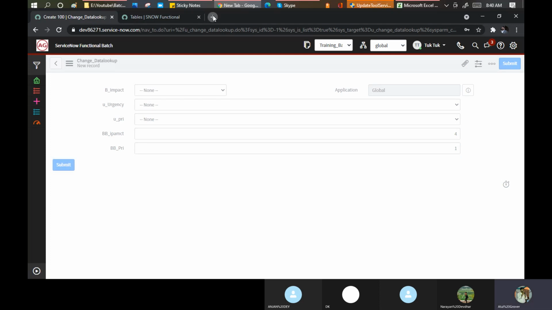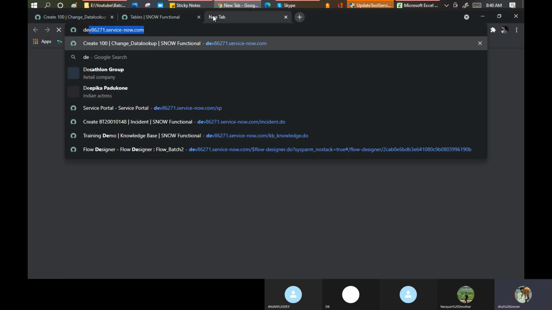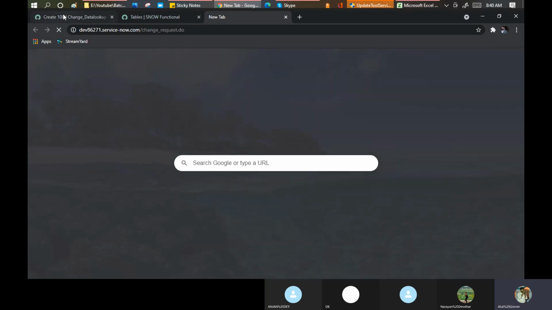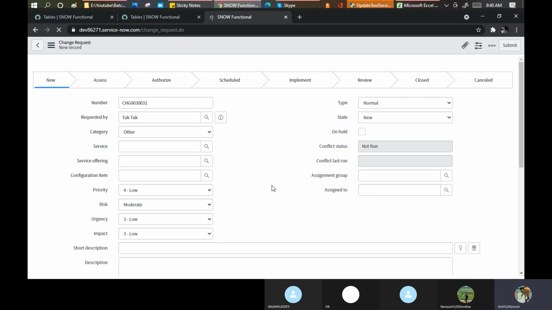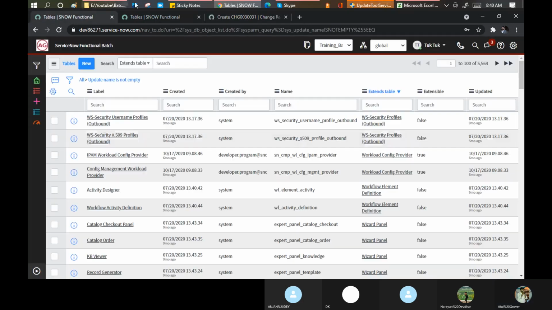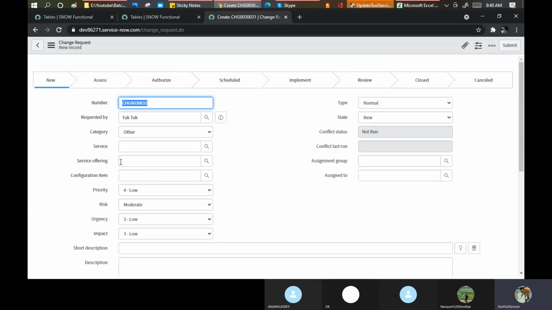In parallel, let me open the change request as well. This is the first mistake which we were making, that we were putting 0. 0 does not exist, and this is the prime reason it is not taking the value correctly. What we mentioned here is that if my impact is 4, my priority should be 1.